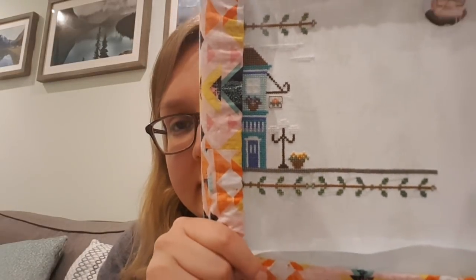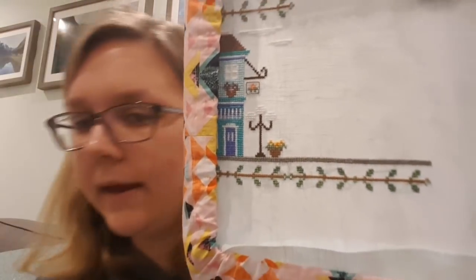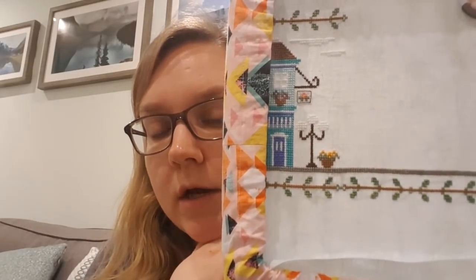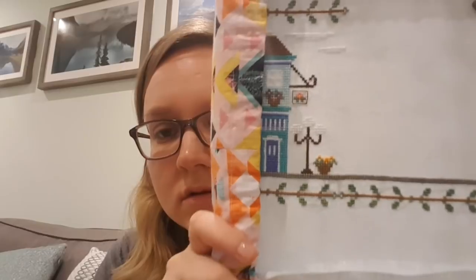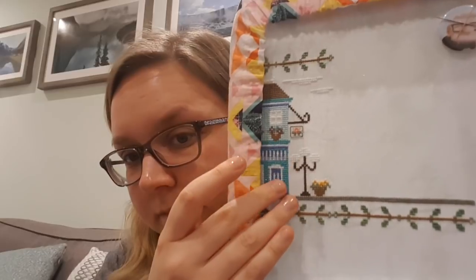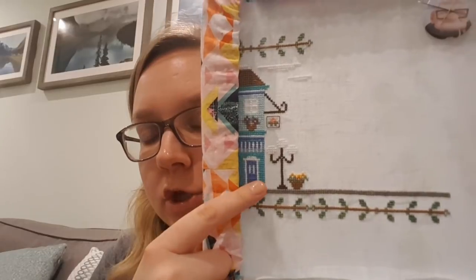Now, this is what I've just been working on tonight, and I can't really be bothered to take it off the Q-snap. So this is the Main Street series by Country Cottage Needleworks, and I've signed up to the Patchwork Rabbits auto ship. So one building gets sent to me each month. I'm sure those of you that belong in Facebook groups and things and watch other people's videos will have seen this. All I've done so far is this building,